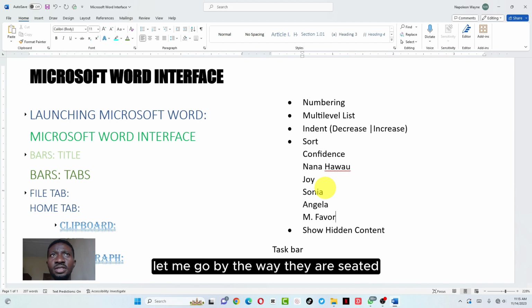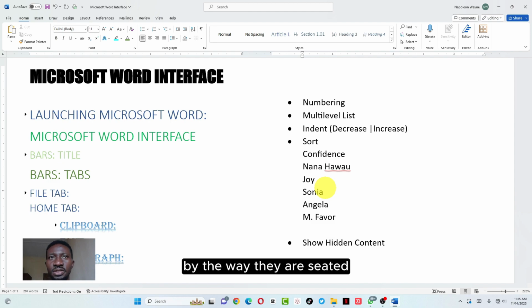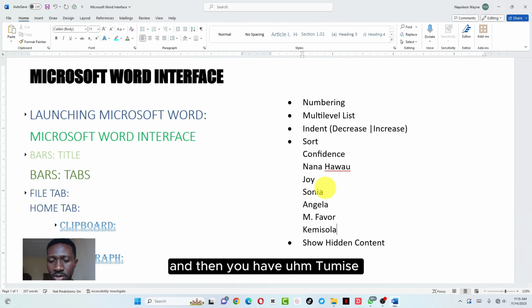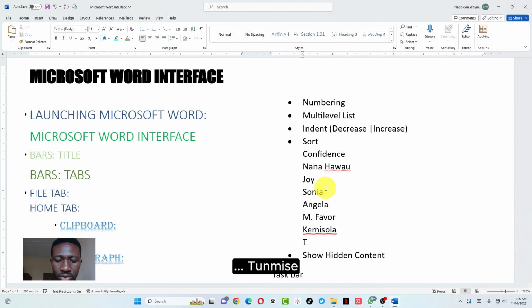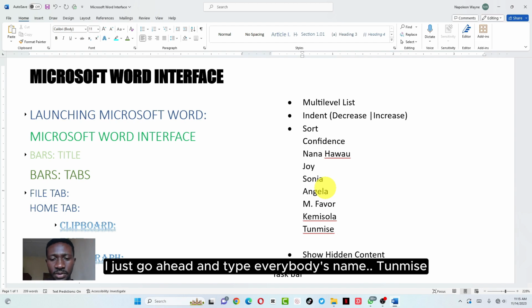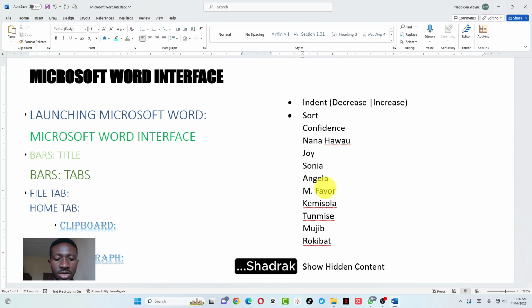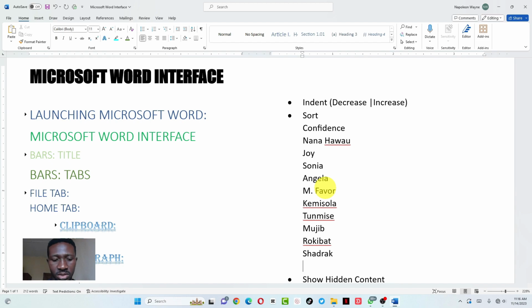So let me go by the way they are seated. The first person there is Confidence, and then Kemi Sola. Okay, you see, that makes it a lot easier. Kemi Sola, and then you have Tomishe, and then you have. I'll just go ahead and type everybody's name. Tomishe, G, Hubert, Shadrach, Daniel, Precious,